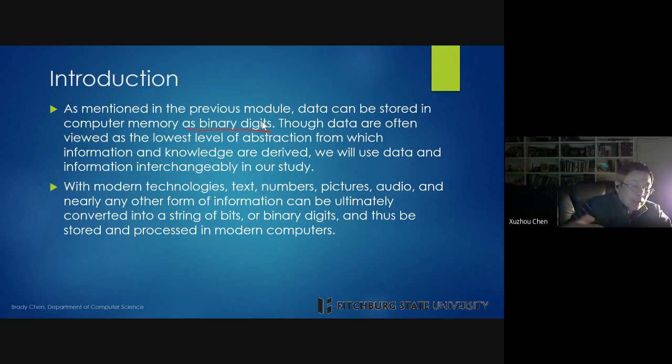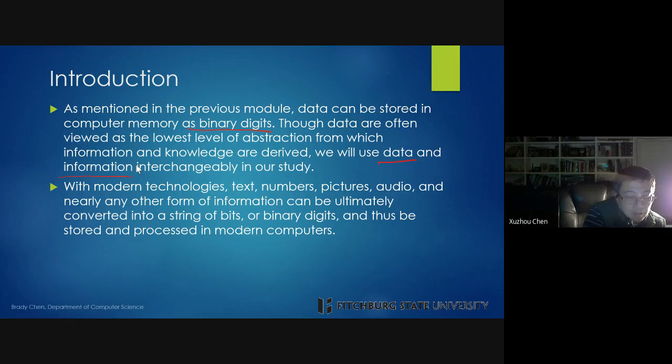Most of the complicated digital circuits are built by millions of gates. Each gate is going to process binary digits. So the computer device basically processes binary digits and stores binary digits. So that's why we have to learn how to represent different data using binary digits. Even though data are often viewed as the lowest level of abstraction from which information and knowledge are derived,